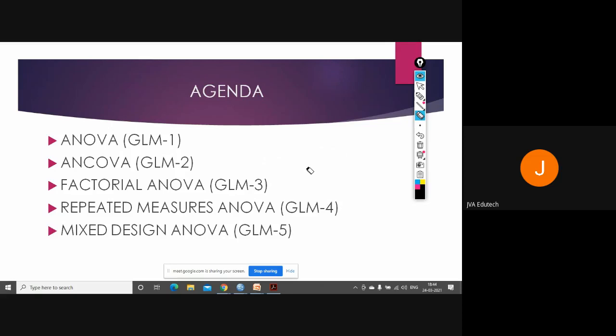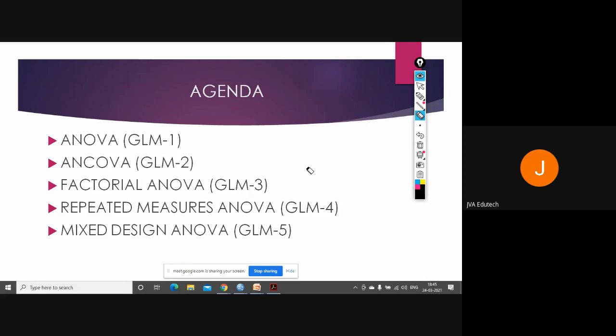And what is variance? That I have already told you: the deviation from the mean, variation of the individual observations from the mean of all the observations. So this ANOVA is a way of explaining the ratio of systematic variance to unsystematic variance in an experimental study.